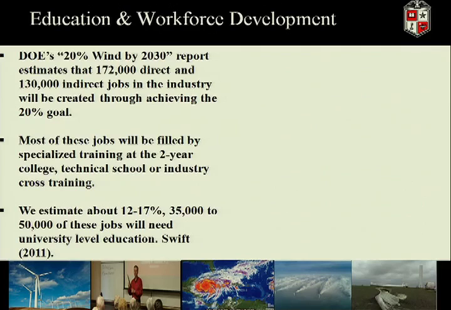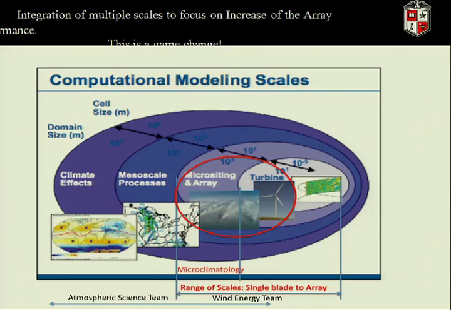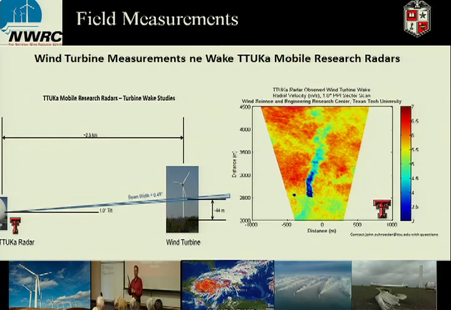Now, I will point this out very quickly in terms of the jobs that you could create, but I'm gonna move on, okay? But in terms of the research and the importance of this wake interaction, you can see that this is one of the measurements that one of my colleagues, John Schroeder, did at Texas Tech, in which he was able to measure the wake, and he was able to show how far this wake extends downstream. So you see these wakes in these turbines, highlighted in blue, and it's actually convected down very far downstream. So this is a very important issue that contributes to the wind farms and their performance.